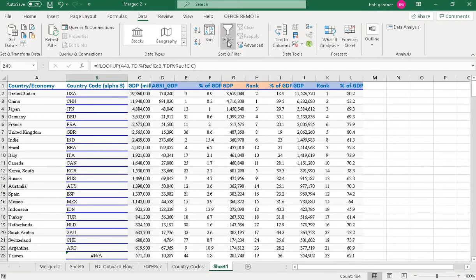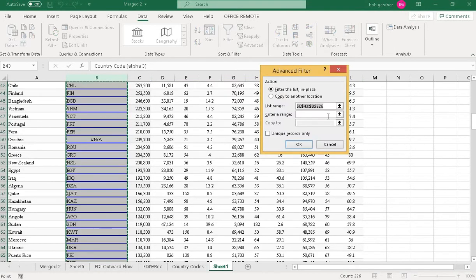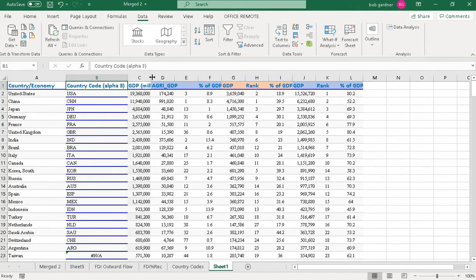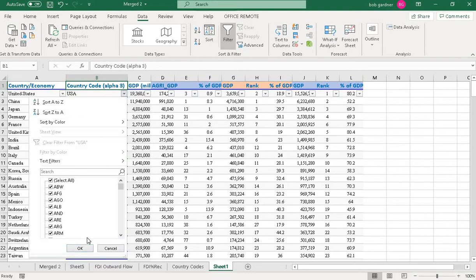So let's just filter all the values which were not found. I'll select the cell and go to the advanced filter option. I'll filter all the NA values, and let's see how many values are not found.